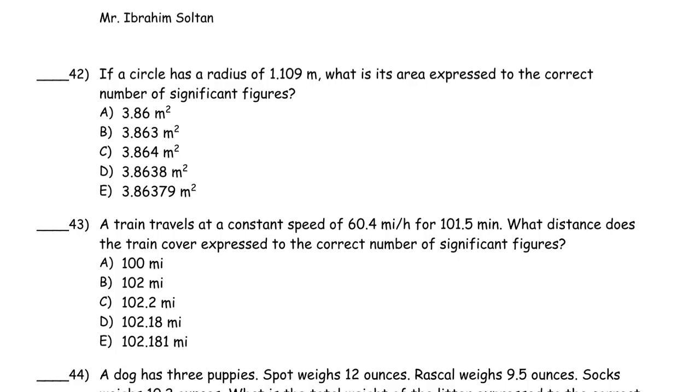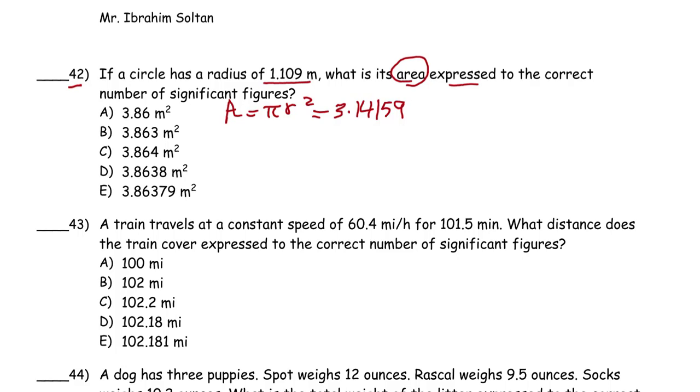Let's complete the exam review sheets for chapter 1, Introduction to Physics. Number 42. If a circle has a radius of 1.109, what is its area expressed to the correct number of significant figures? You know the law: A equals pi R squared. Pi is approximately equal to